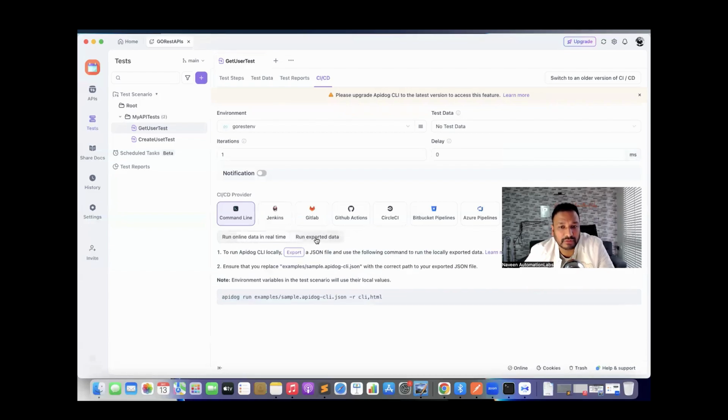If you really want to run with the exported data, export it as the JSON file that I showed you, and then with the JSON file also, you can simply run it locally here. That also you can do. So all these features are available if you really want to,